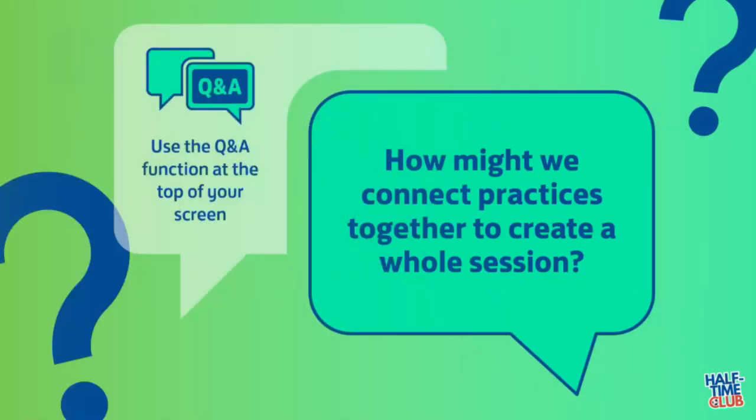Okay, so moving on. I hope that got a little bit of thinking going on for yourselves about where you think you sit mostly. So next question, Q&A function or chat room: how might we connect practices together to create a whole session? We spoke about practice in isolation up to this moment. We spoke about doing unopposed, or matchup, or constant, variable, random. How might we begin to connect these practices together to create a whole session? Because you don't want to do, for example, an unopposed practice for the whole hour. So try and describe to me in the Q&A function or chat room how you might connect certain practices together and in what way.